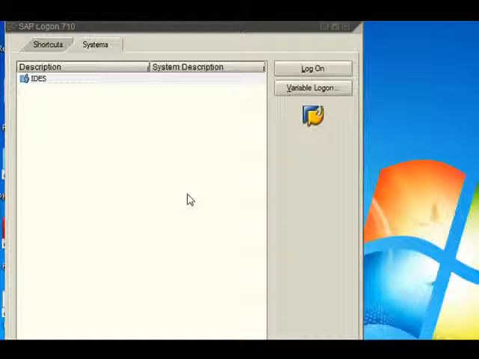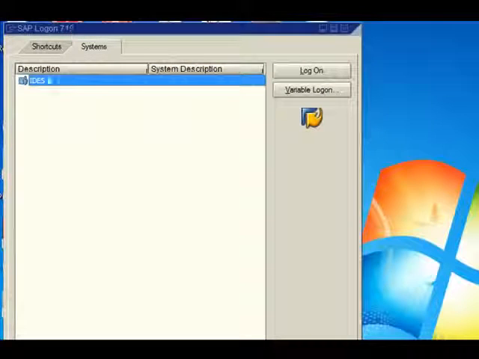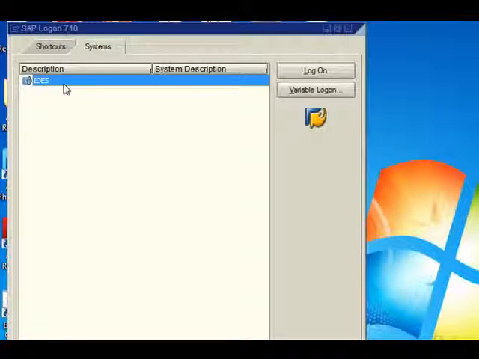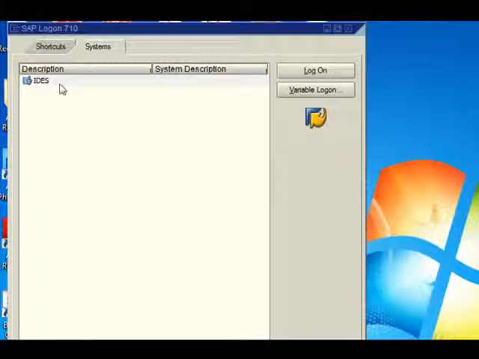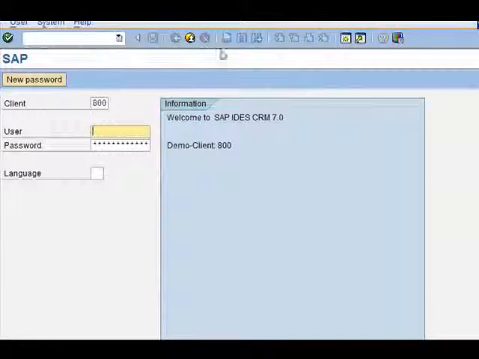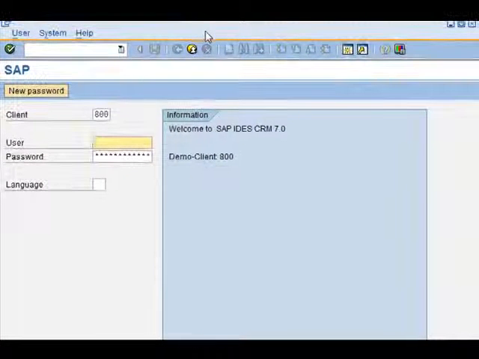On your computer, when you try to log on to SAP, you will see a screen like this, and here you'll have the list of systems that you could log on to. In our case, we have only one system, which is the IDIS system. The IDIS system is used worldwide for training on SAP, and we will use this system throughout our training. So you click on log on